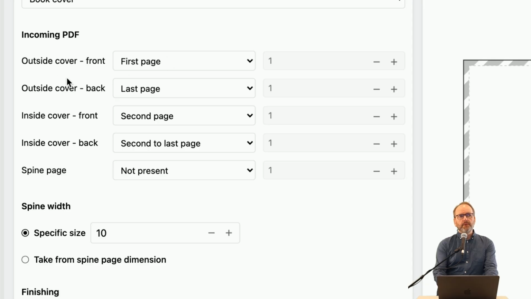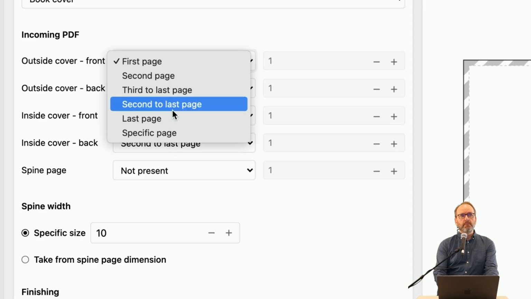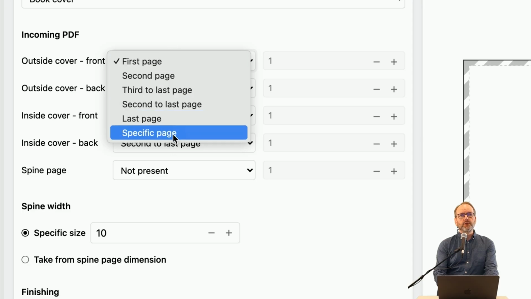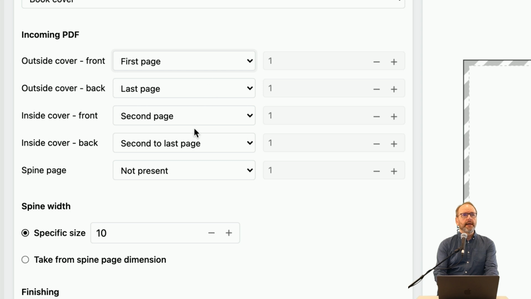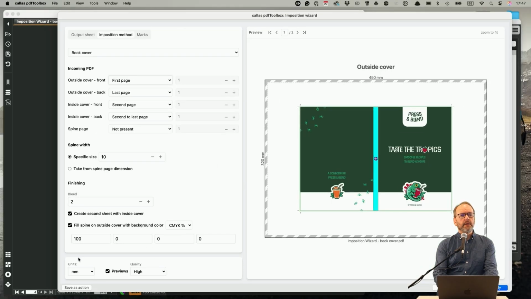And so I can choose between first page, second page, and some other options, or I can just choose a specific page in there. I can do that for the outside cover and the inside cover. If I have a page that represents the spine or that I want to put on the spine, I can use that as well. And then I can ask pdfToolbox to look at the width of that page and use that, or I can use a specific spine size. I can fill the spine with a color, and